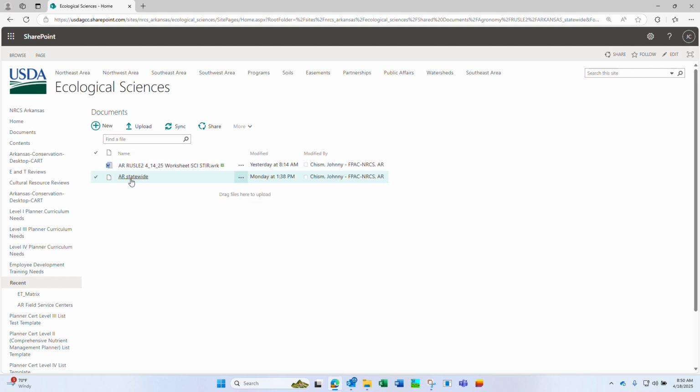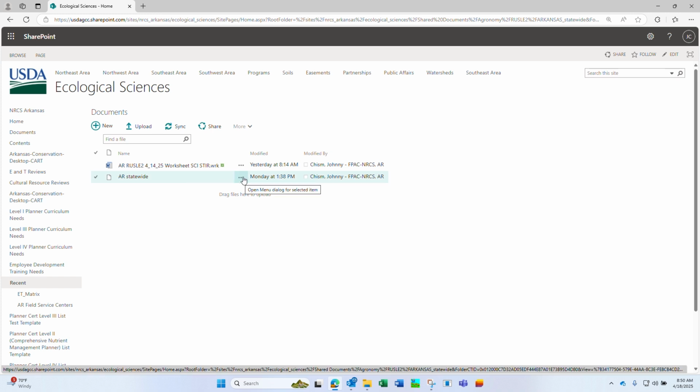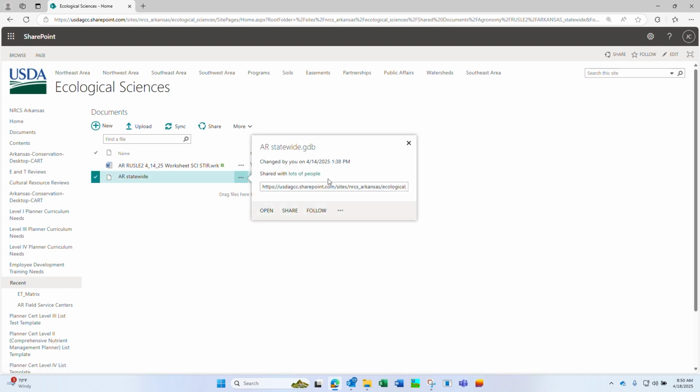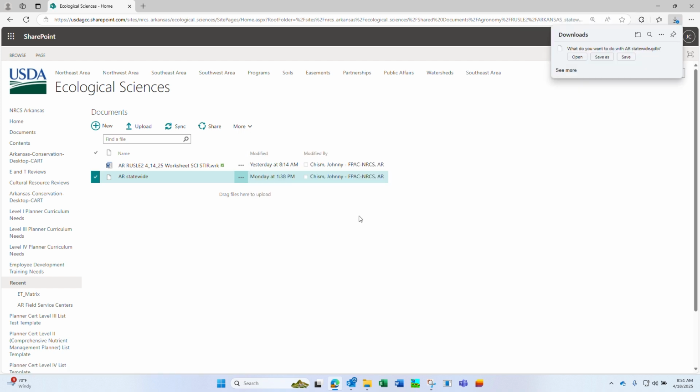And here is AR statewide, the statewide database for RUSLE2. I'm going to click on these three dots. When I do that, it gives me information about that, but I'm also going to click on the three dots again, and I'm going to click Download. When I do that, a download window will pop up. I'm going to click on Save As,